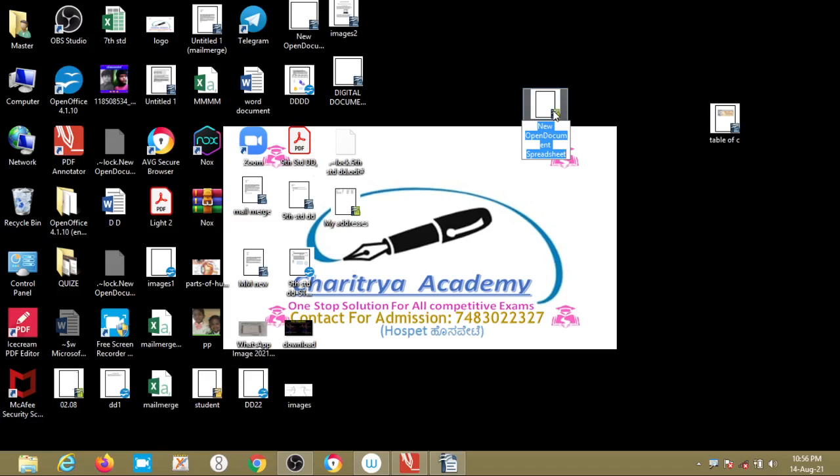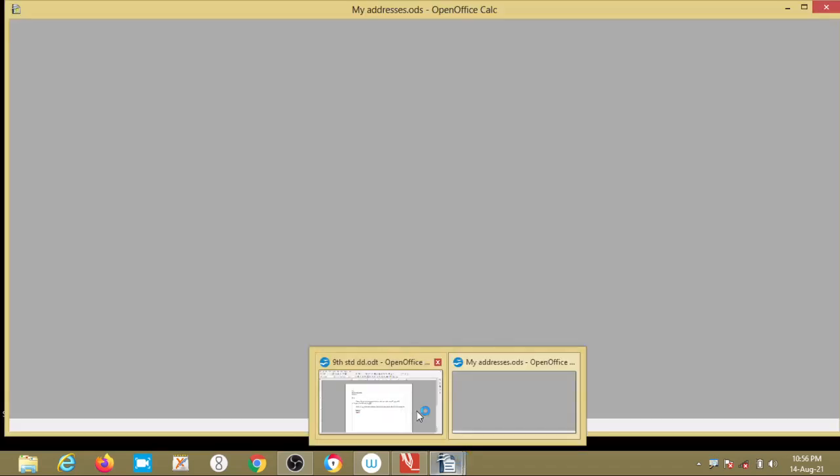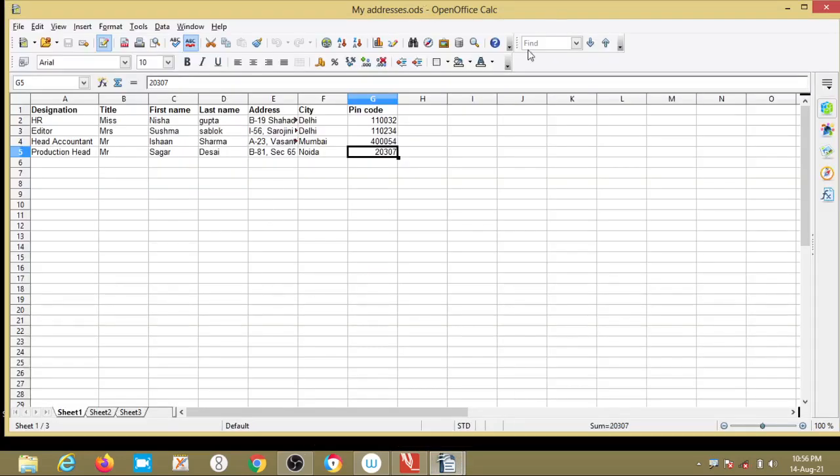You can rename it as whatever you want. So I will rename it as My Addresses. Then double click on it and it will open. My Addresses.ods, this is the extension for Calc, a spreadsheet.